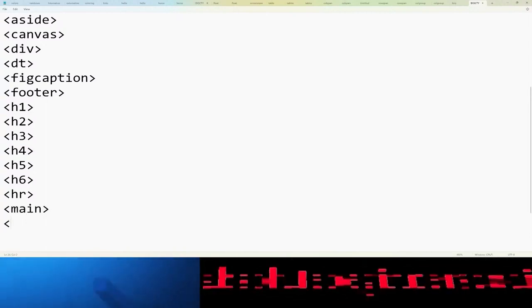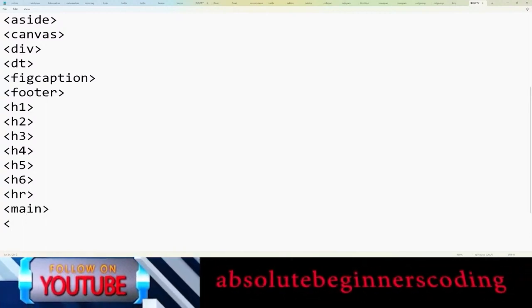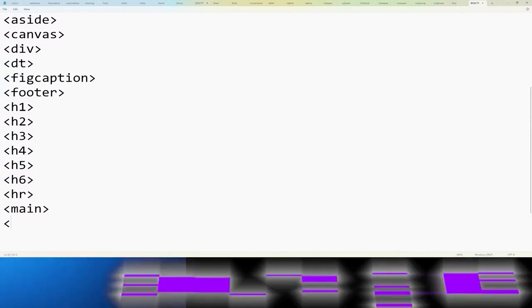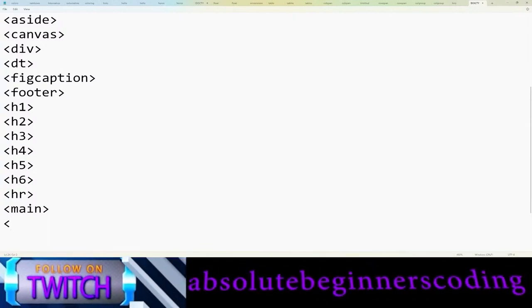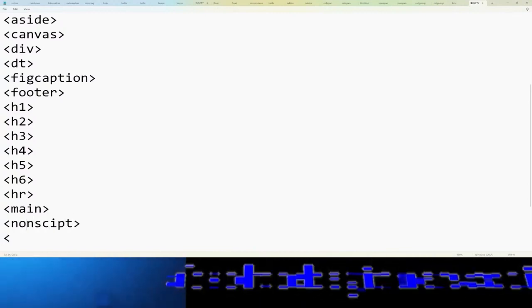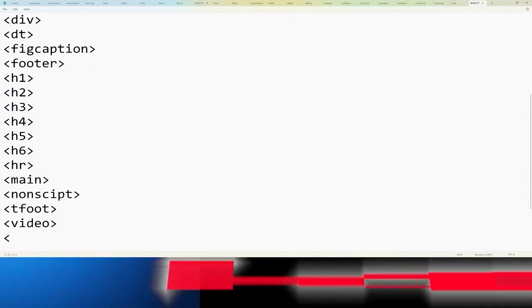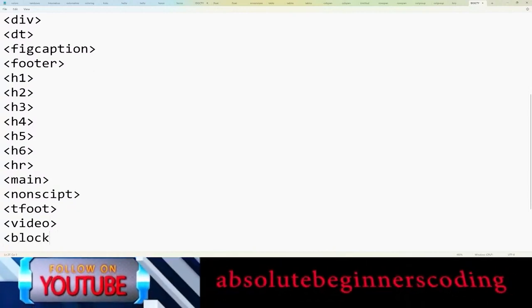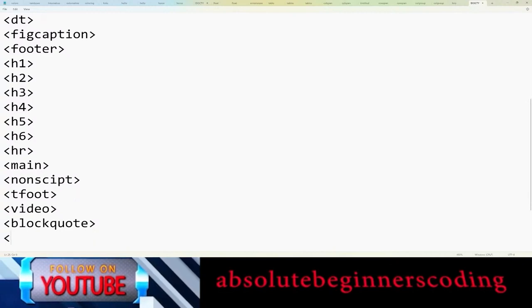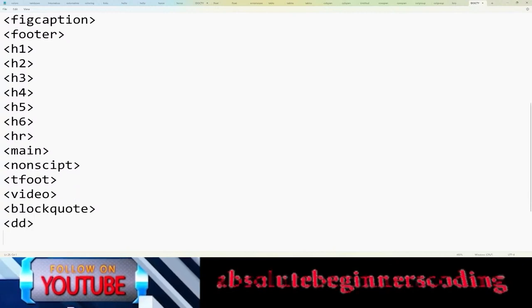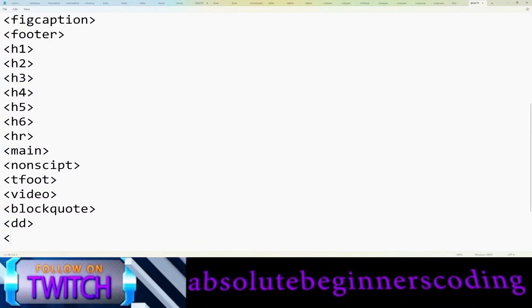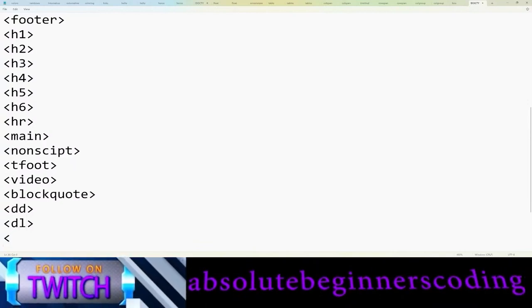So everything starts with the opening tag and ends with a backslash in the closing tag, guys, remember that. So these are the different kinds of block level elements in HTML. And you can also use noscript and tfoot and video and blockquote, then DD, then DL,